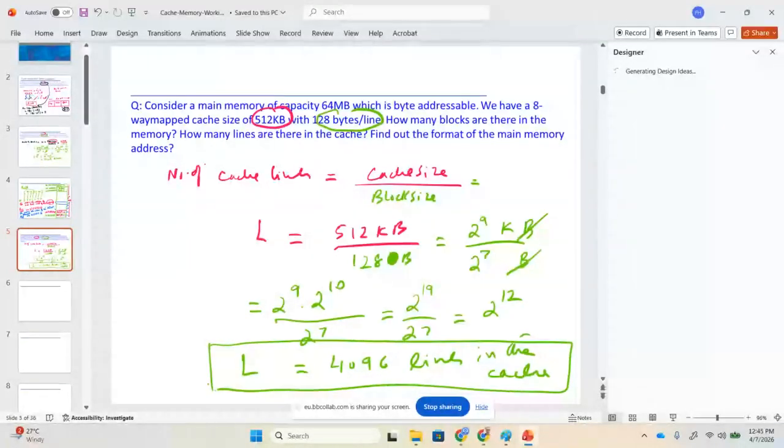Any question? We solved the question before, but these are 4096 lines in the cache. I'm also recording this lecture, so please go through all of these things. So now these are the total number of lines, but this does not imply